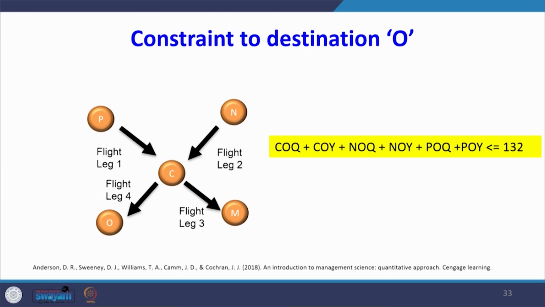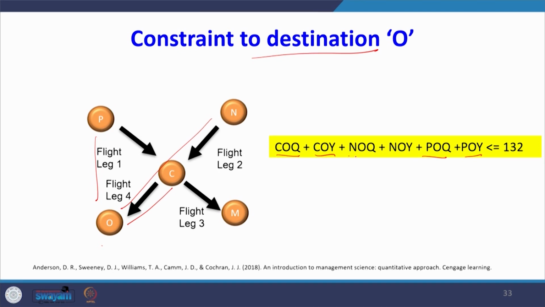Now, I am going to write another type of constraint, called the destination constraint. What are the different ways to reach the destination O? I can come from CO, I can come from PO. When I say CO, there are two tickets, COQ and COY. For PO, there are two tickets, POQ and POY. Then somebody may book a ticket N to O,